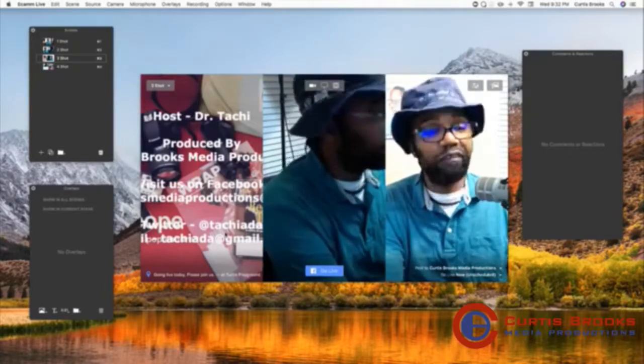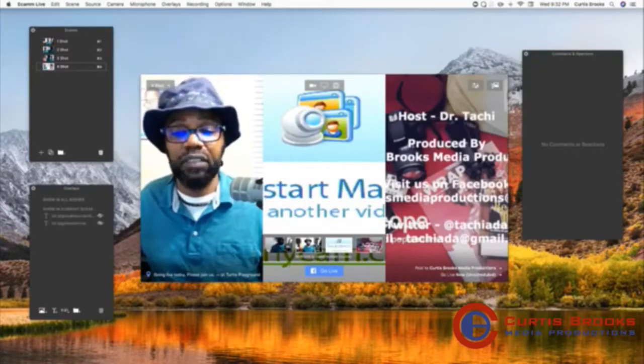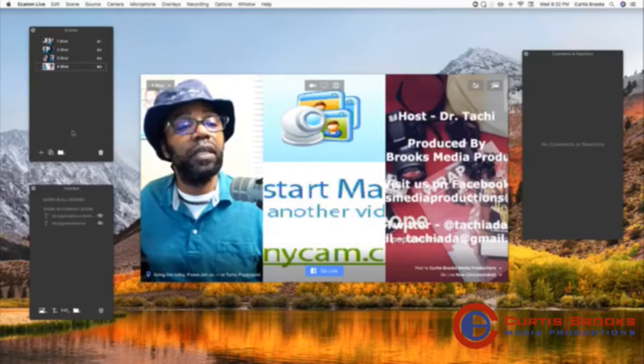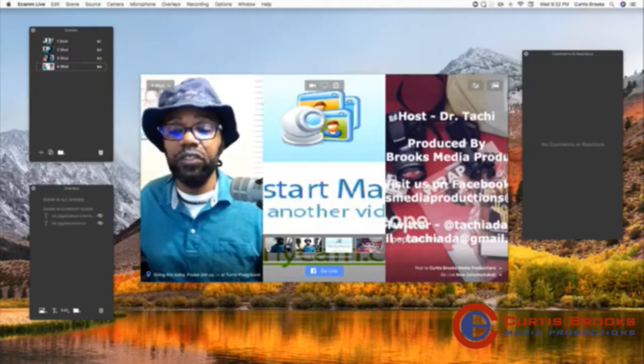And then Command 4 brings me to the, oops, I may have changed it. See, I did something wrong here. So let's set up Command 4 again. I did something wrong here. So now we have the 3 cameras. So hopefully you can see this. You see the Wirecast camera here, excuse me, you see this camera here, host Dr. Tachi, and you see the ManyCam camera right here in the middle, and then you see the Logitech camera here. So there's just 3 cameras, okay?